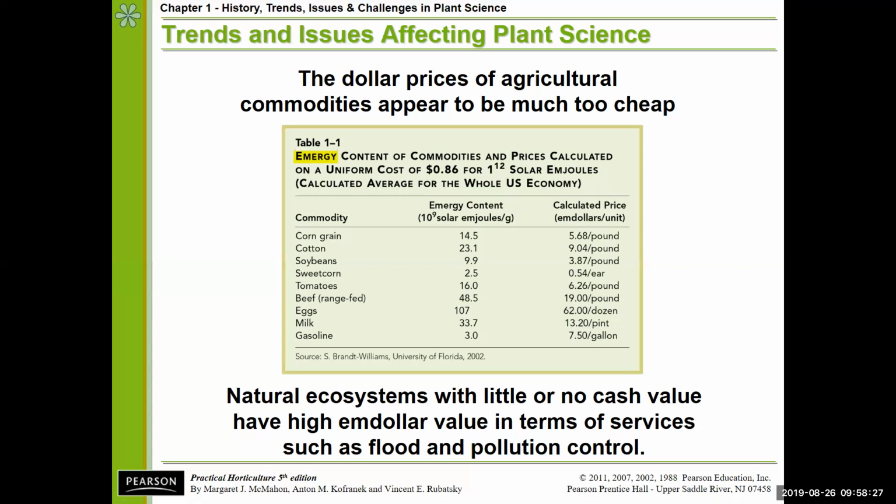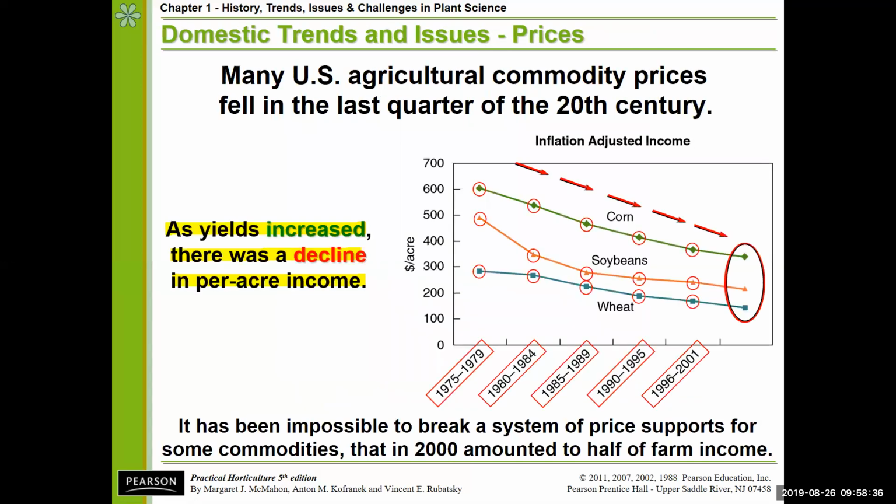It's kind of hard to think about that. How do you price something considering the embedded energy in it? If we look at the historical